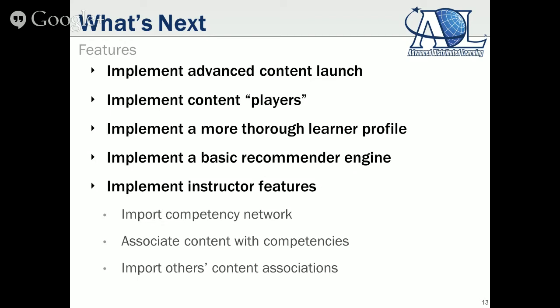But what other information? Well, number one, should we have a local data store of that compiled information, a rolled up learner profile? Beyond that, what other things about a learner would be valuable in a learner profile? And there's of course a lot of things that you can do with a learner profile.